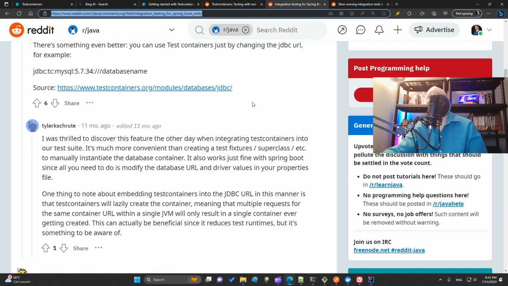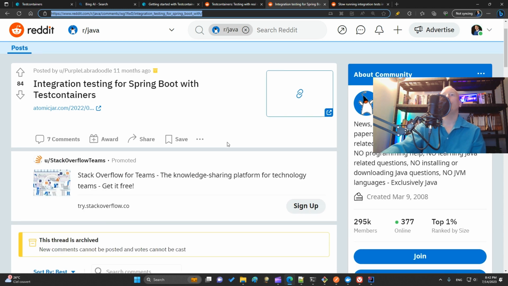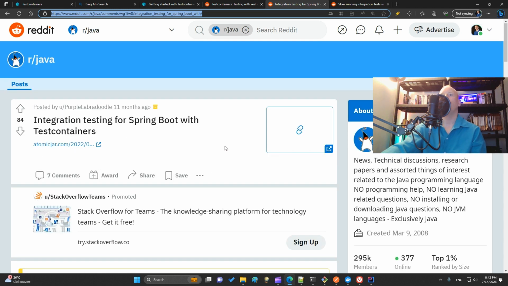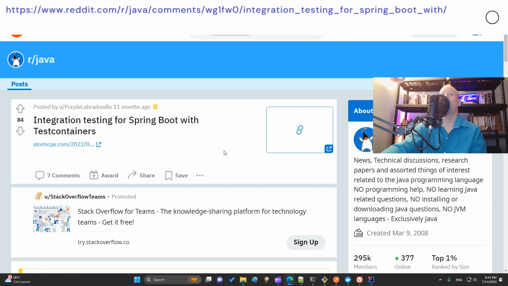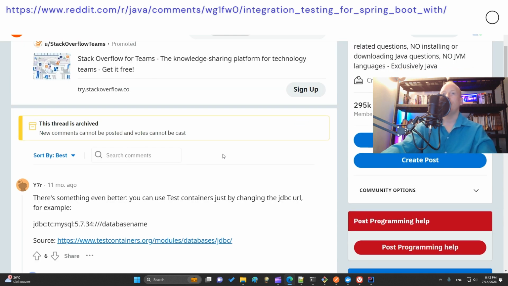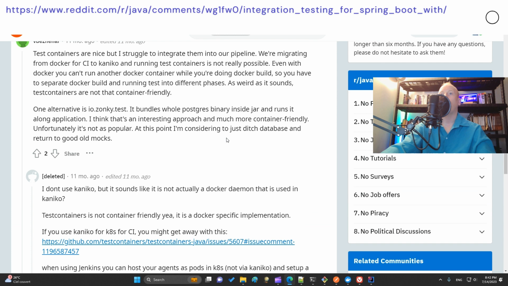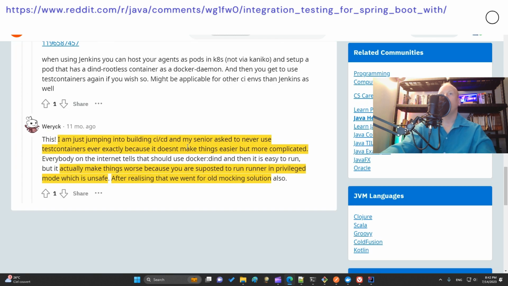But I ask myself, it's okay for local testing on my machine to use Docker Desktop, but when I will have to use it on CI/CD, it will be another story. And here, someone building CI/CD says their senior asked to never use Testcontainers ever, exactly because it doesn't make things easier, but more complicated. Actually makes things worse because you are supposed to run the runner in privileged mode, which is unsafe. After realizing that, we went for an all-mocking solution.